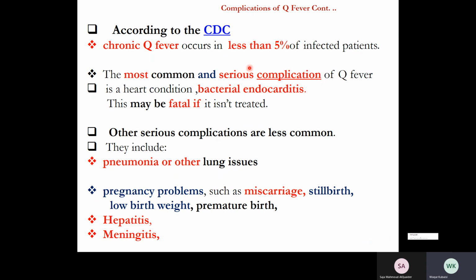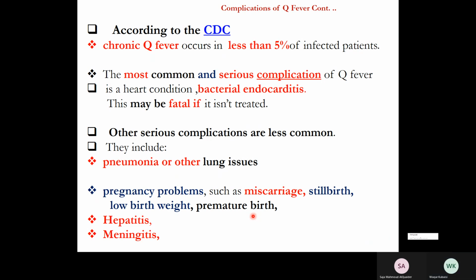Okay, 5% or less than 5% will change into the chronic form. The most common and serious complication of Q fever is a heart condition, bacterial endocarditis, which is fatal unless it is treated. Other, less common serious conditions, as we mentioned, are pneumonia and other lung disease. When it occurs in pregnancy, there is miscarriage,